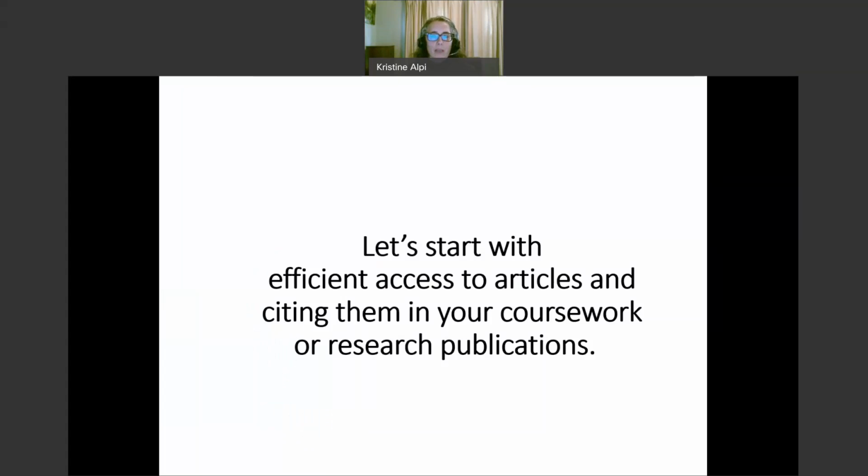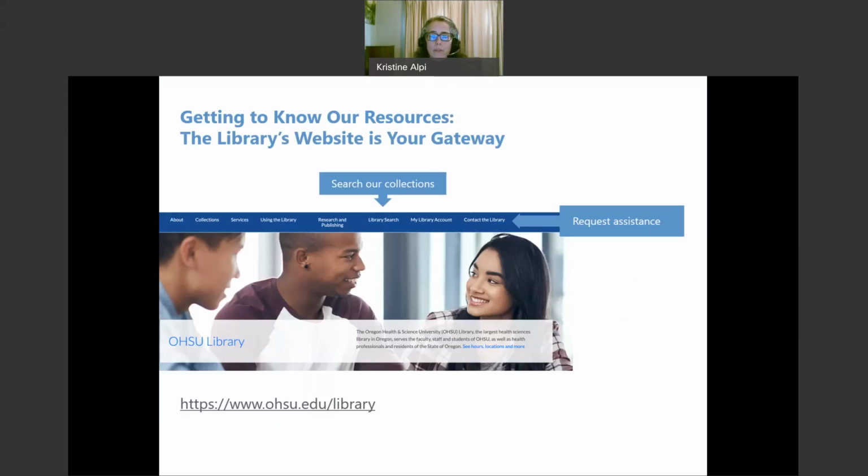So let's start with efficient access to articles and how you can cite them in your coursework or your research publications. To work efficiently from off campus on your own device, it is best to start with the library's website. Starting with the library website link will enable you to be authenticated through OHSU to all of the resources